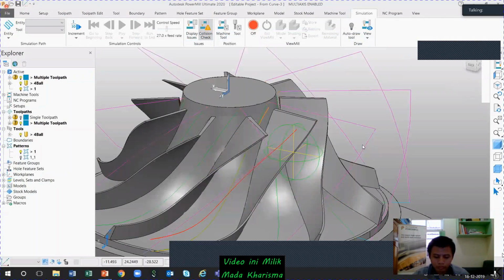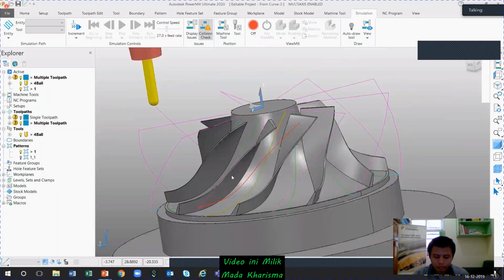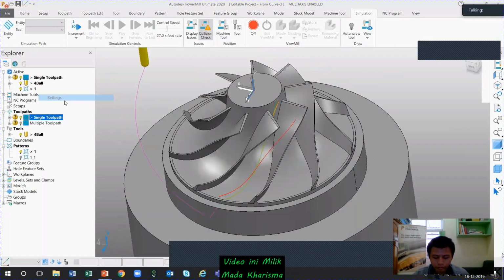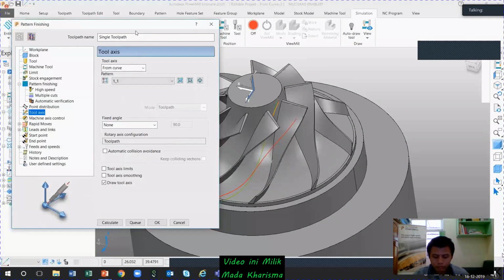Okay, so if you see the single tool path here, go to the settings page. For this, we have to create a single tool path. Then we can use the multiple transform option for the different blades. Okay, if you go to the tool axis page, I selected from curve. And my curve pattern is here. It's 1 actually.